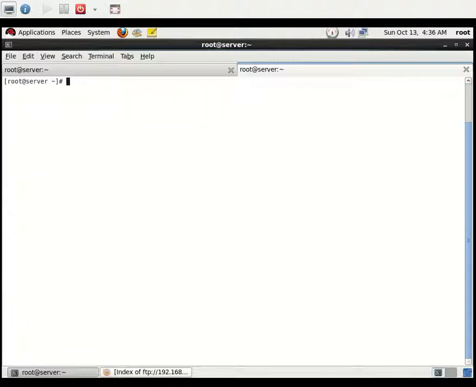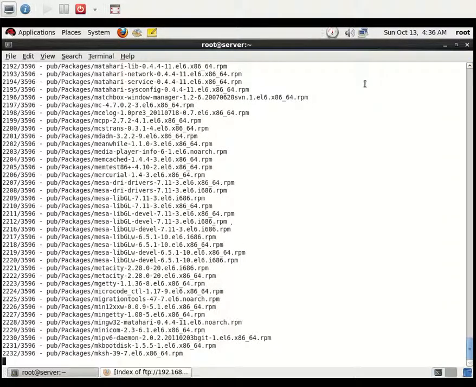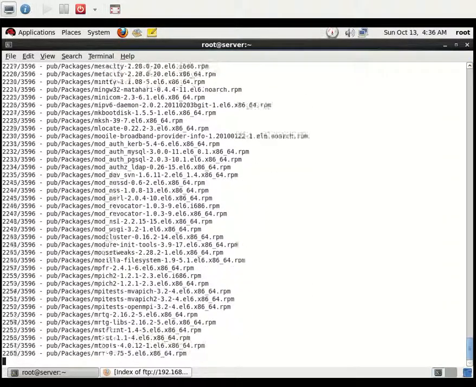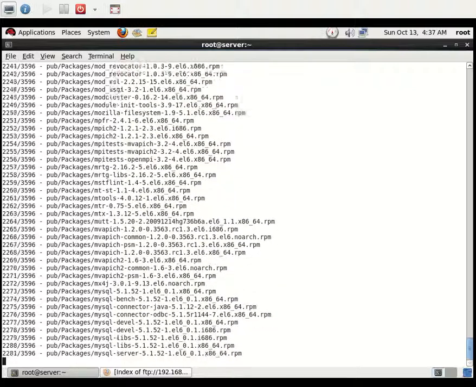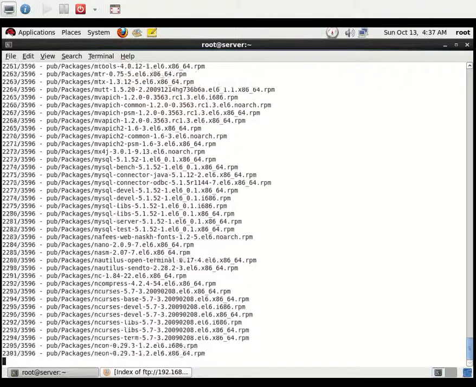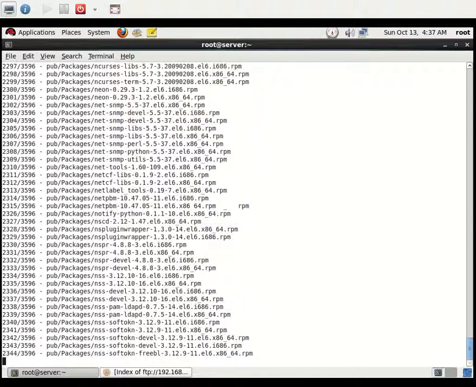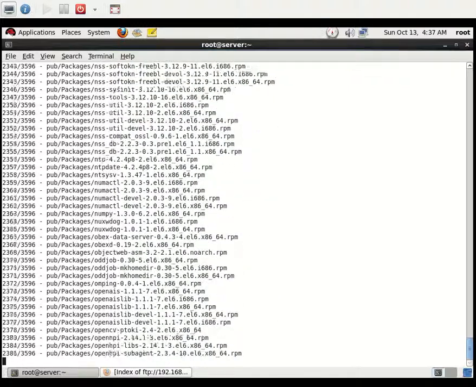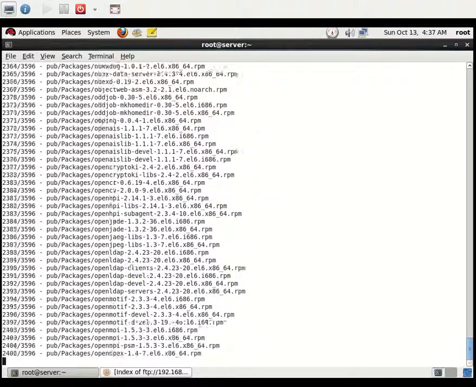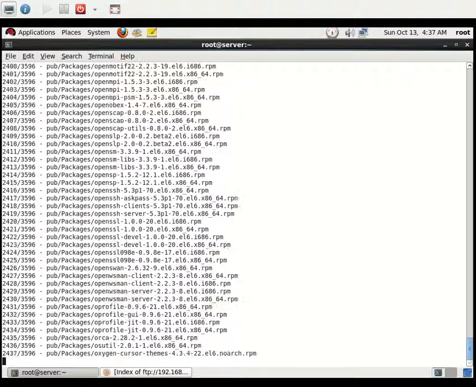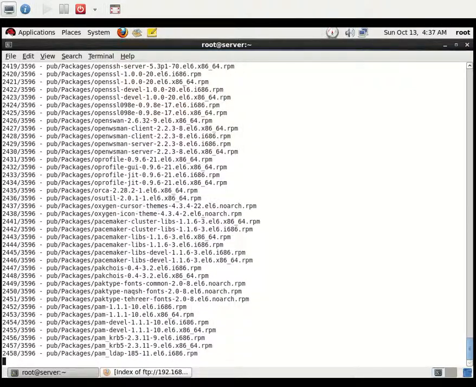Because SELinux was disabled, I created the FTP very easily. If not, I couldn't create it easily. We would need to set the boolean, set the context with the chcon command, and set the ACL. Those three steps are needed.